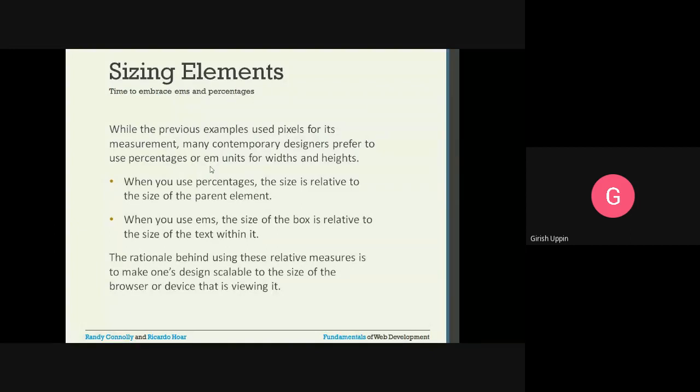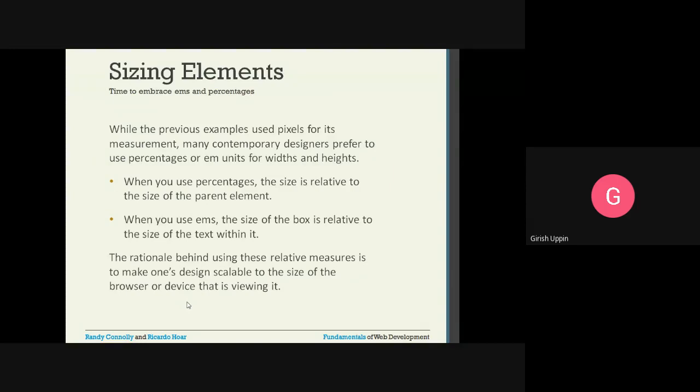When you use percentage, the size is relative to the size of the parent element. When you use the EM, the size of the box is relative to the size of the text within it. So both are relative. The rationale behind using these relative measures is to make one's design scalable to the size of the browsers or devices that is viewing it.